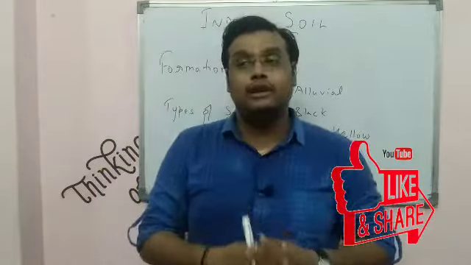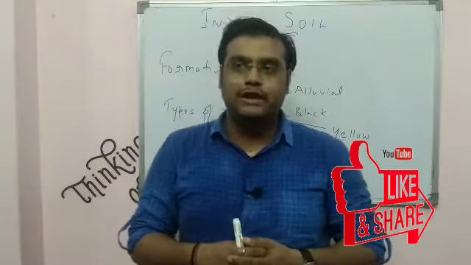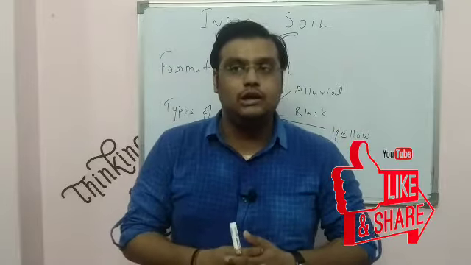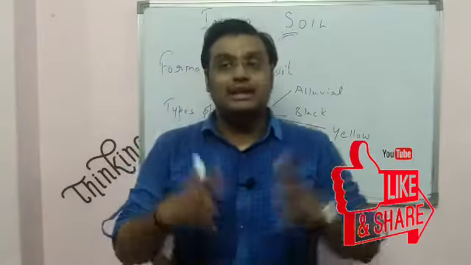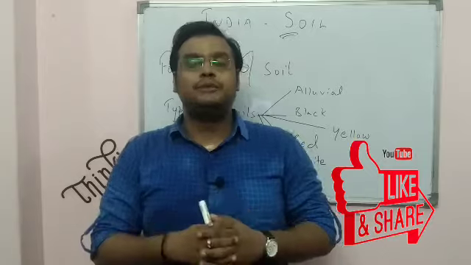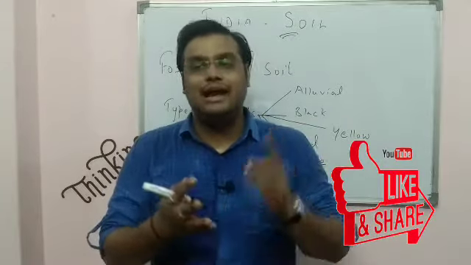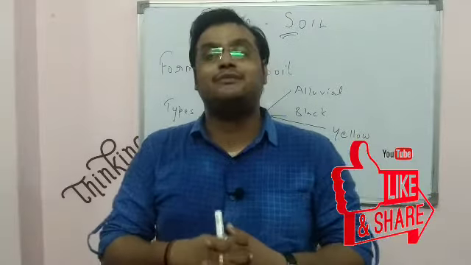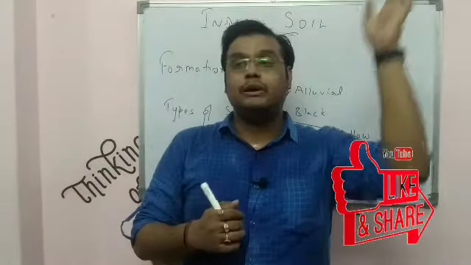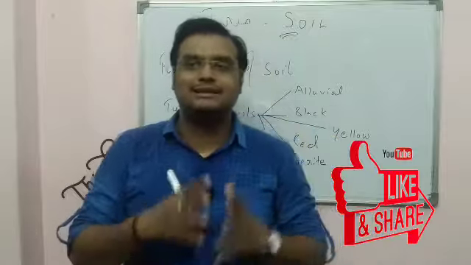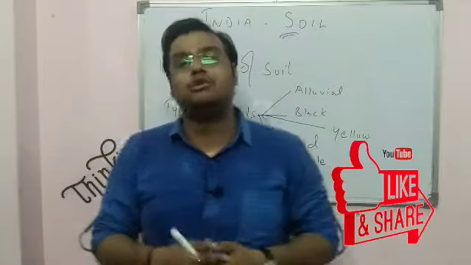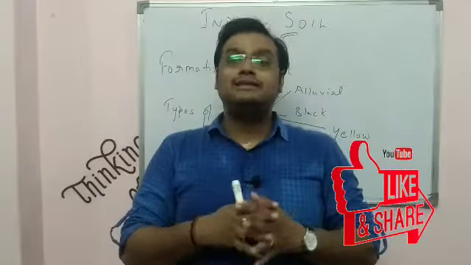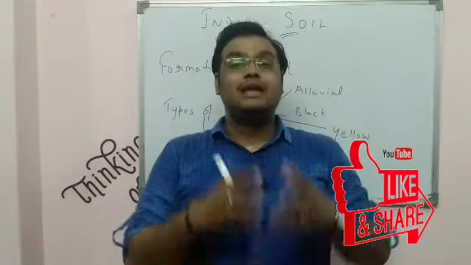First, alluvial soil. What do you understand by the term alluvial soil? Alluvial soil, beta, is the most important soil of the world and it is found in our country in large number due to the presence of Ganga, Brahmaputra and Indus. Indus इसलिए मैं बोलता हूँ because पंजाब एंड हरियाणा के एरियाज इंडस से फेड होते हैं। साथ ही साथ जो पाकिस्तान हमारा इंडियन सब कॉन्टिनेंट का ही हिस्सा है उसमें भी इंडस रिवर का बहुत इंपॉर्टेंट रोल प्ले होता है और इंडस और उनकी 5 ट्रिब्यूटरीज आते हैं।